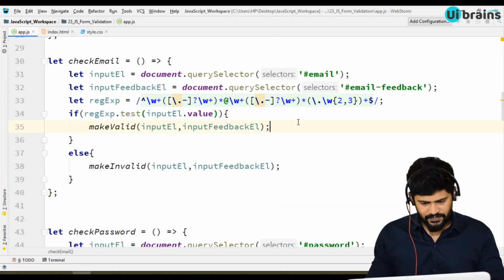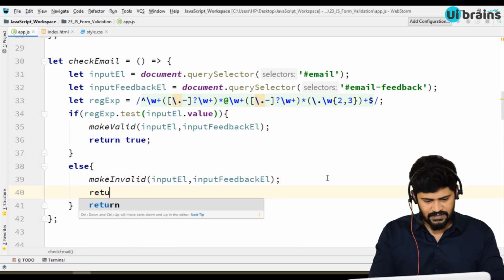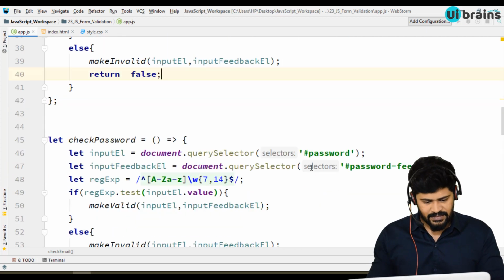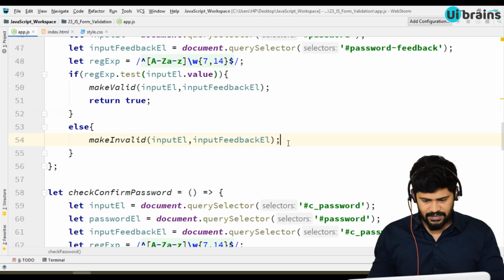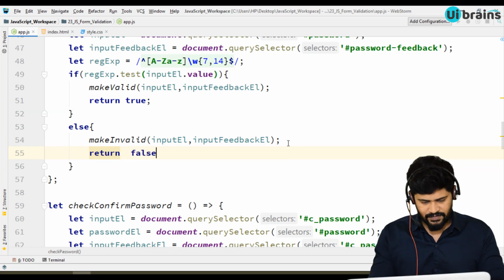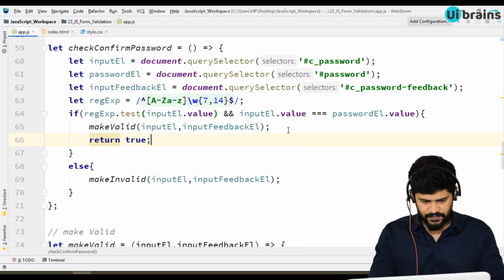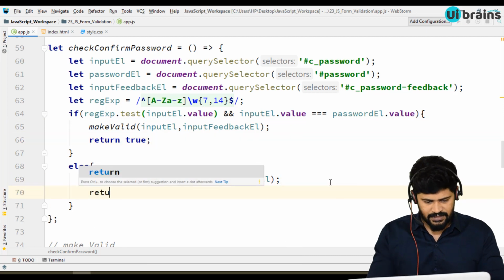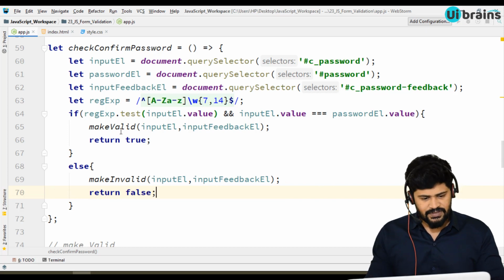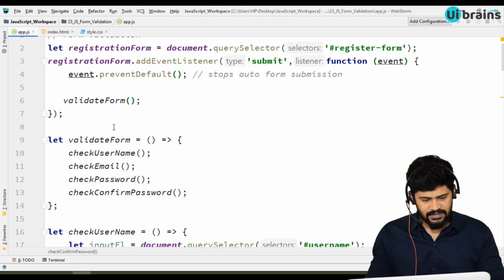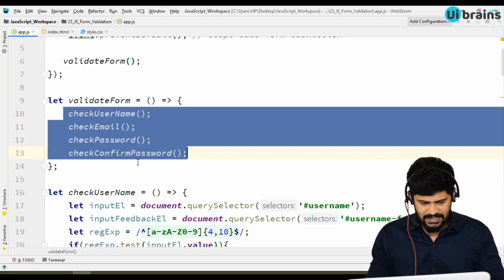Here also return true, and here also return false. Next, here return true, and here return false, and lastly here return true and also return false. So if you call this function, it gives you true or false, right? And you have to evaluate all this.